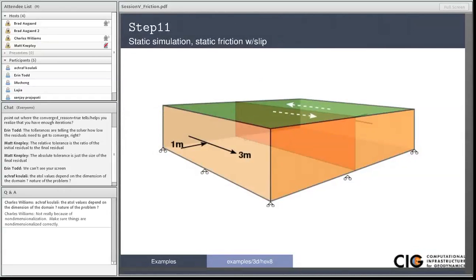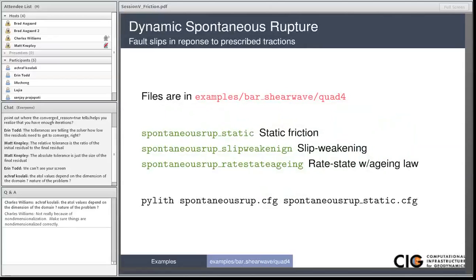We have a few slides to look at. So here was our step 11, there's our step 13. So now we're going to switch to dynamic spontaneous rupture. And so we're not going to do things in a big 3D domain. We're going to look at a bar that's allowed to deform and shear. It's going to be an 8-kilometer long bar. And we're going to look at it in 2D. So we're going to use